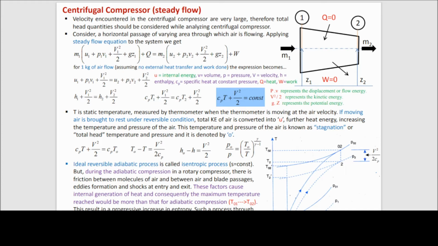So to maintain the flow of the fluid along any conduit or any pipe, this force, or pressure, comes into the picture, that is the flow energy. This is the internal energy because of its temperature, this is the kinetic energy because of its velocity, and this is because of the height difference of this fluid. So if it is flowing in this way, and you consider this as datum, this is the height through which the fluid has flown, so it has a potential energy also.